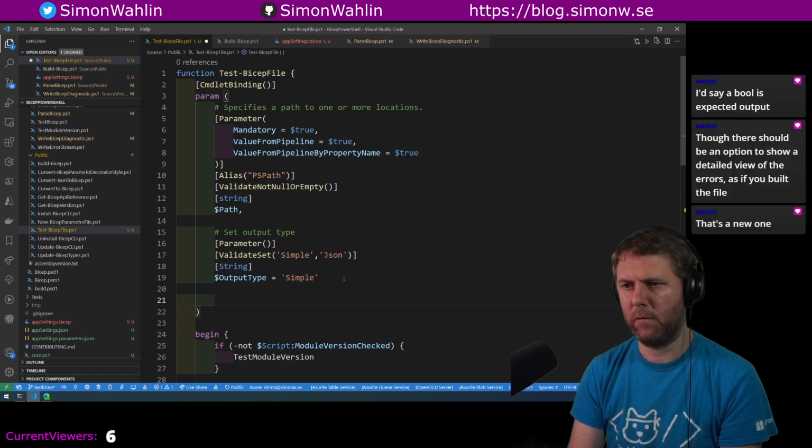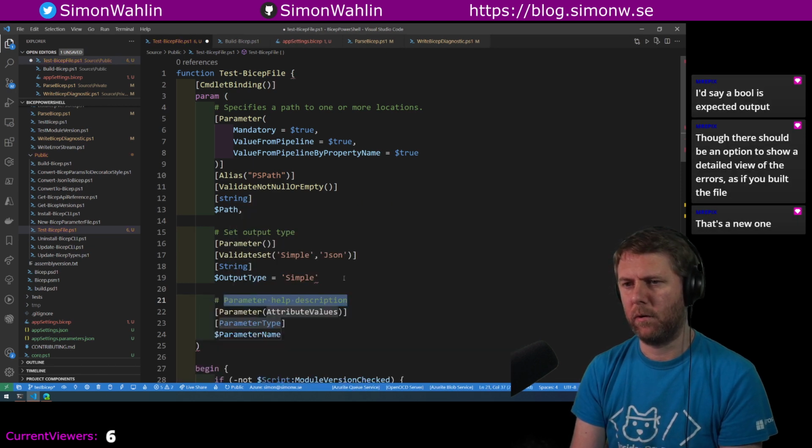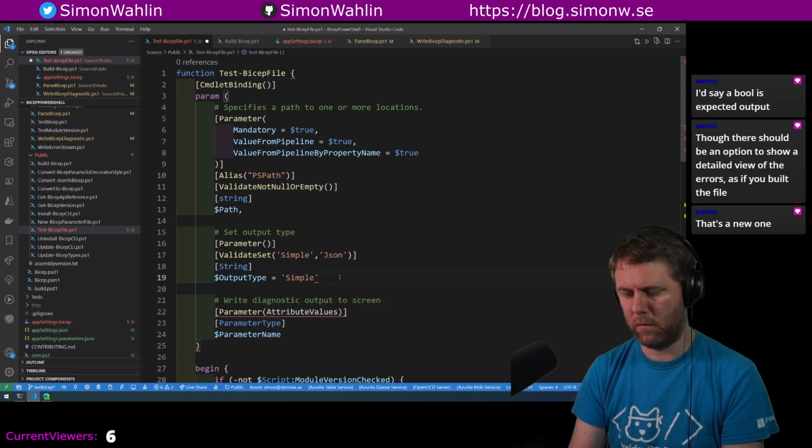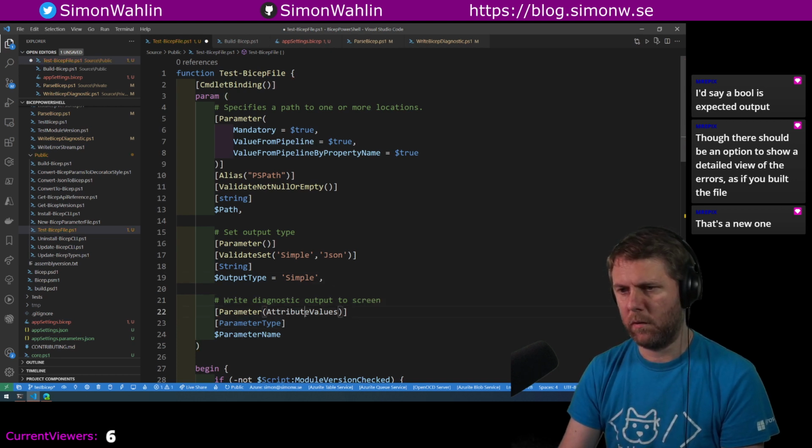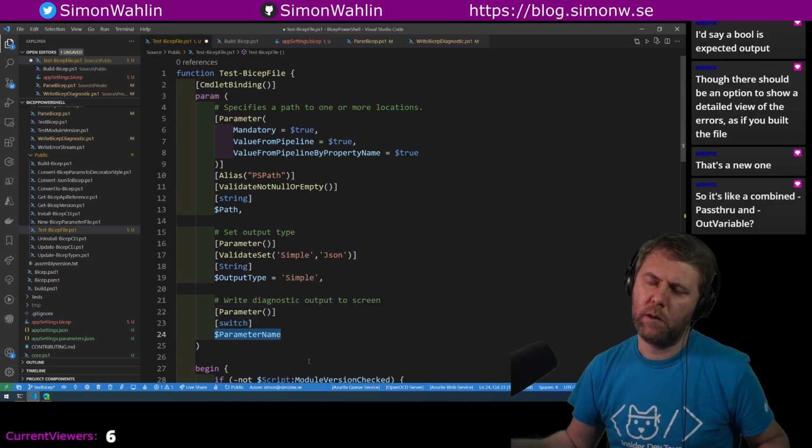What if we do like a parameter and say, write the output to screen, and then do no parameters and call it switch, and just say